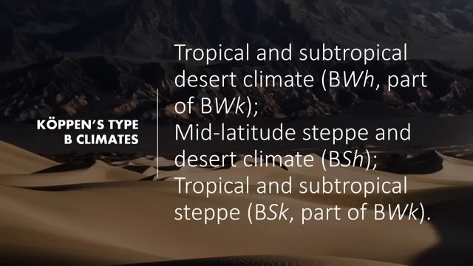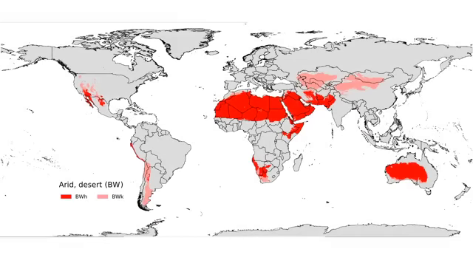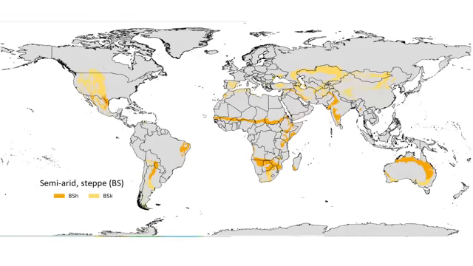Okay, these are the climates that are near the water. They have mid-latitude steppes and tropical and subtropical steppes. Okay, so this diagram shows you where the arid deserts are. These are the BWH and the BWK. And this one shows you the semi-arid areas, which are also classifications of B. Okay, so basically they are the dry areas on the Earth. Okay. Next we have